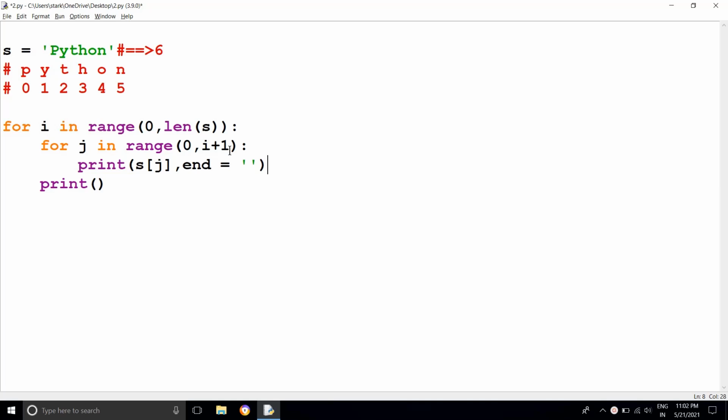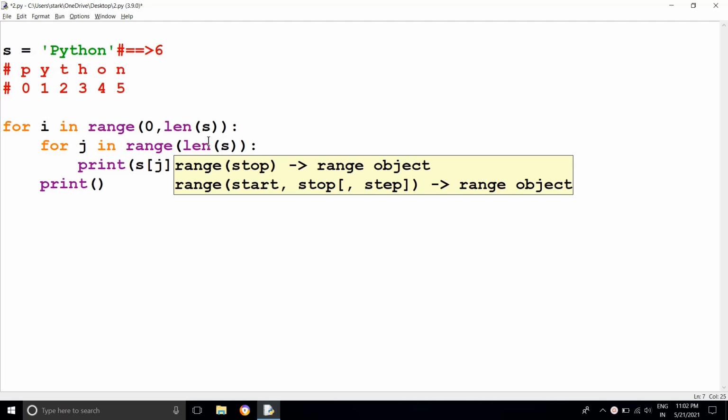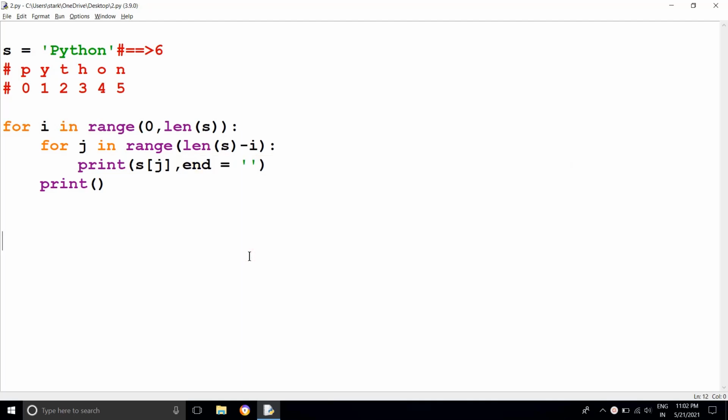So now I'm going to take here length of s minus i. If you keep it like this, you'll get the output, right?